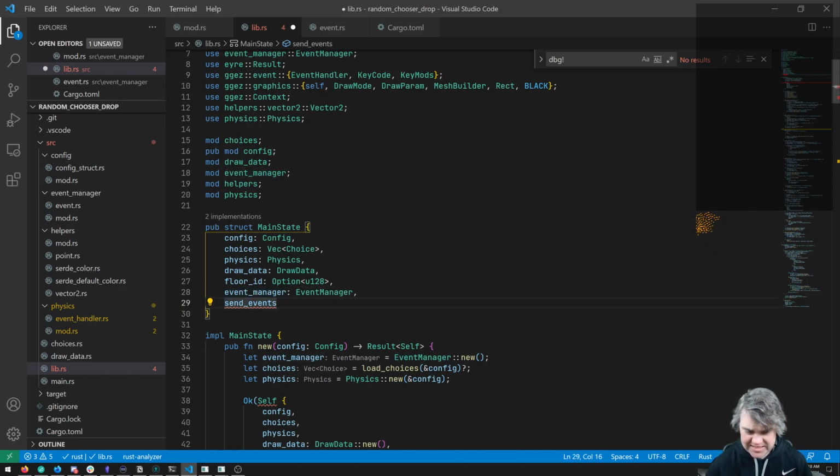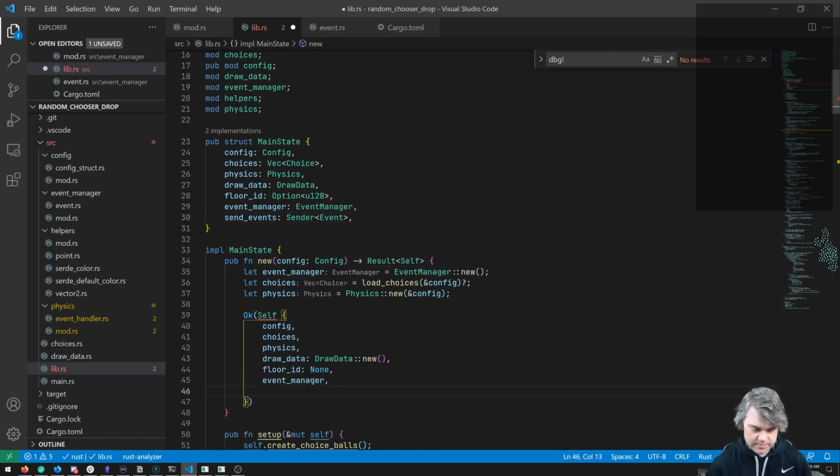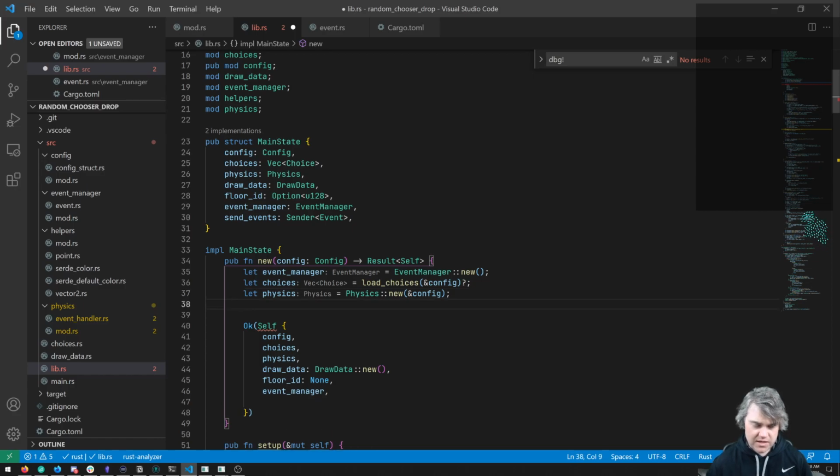I kind of just want send events, which would be a crossbeam sender for event. And we're going to store this away. But I don't think I can do that. We want to do let send events, receive events equals